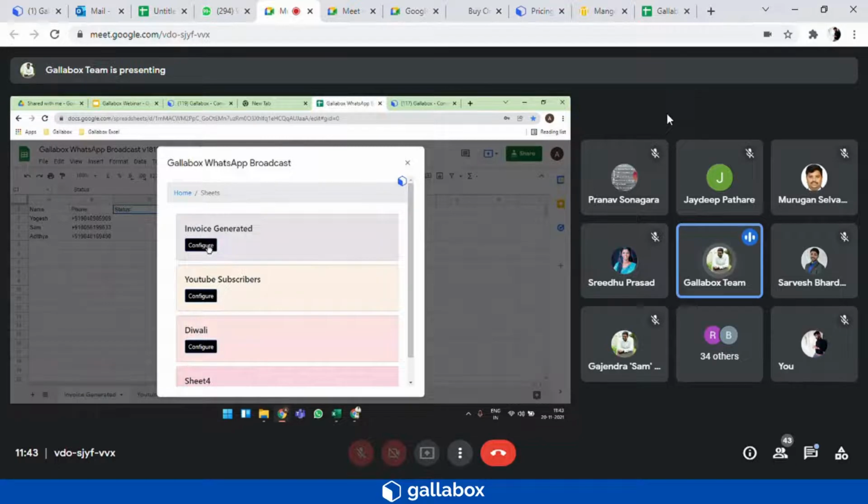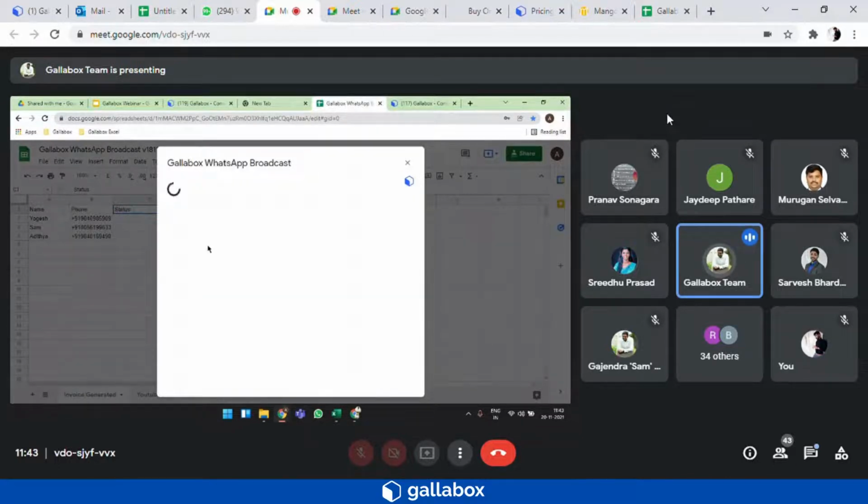First, I will get started with invoice generated. So I will configure the invoice generated template, and here you need to make sure that the options are equivalent to the data which is provided. So contact name is equal to name, phone number is equal to phone number, status is equal to status, and I will click on submit.